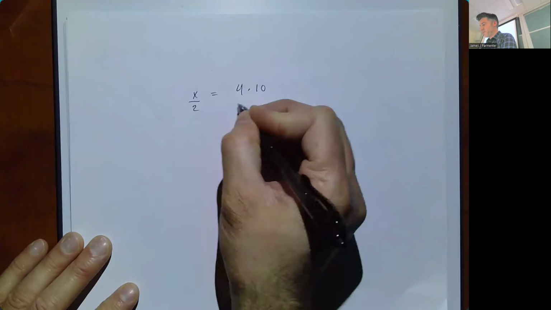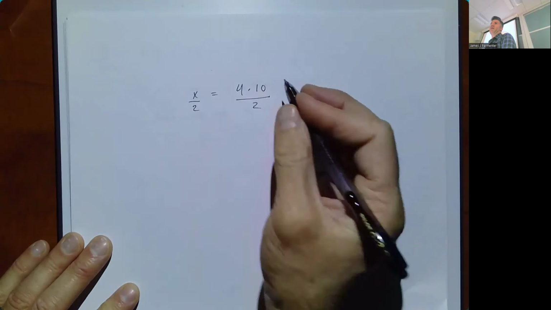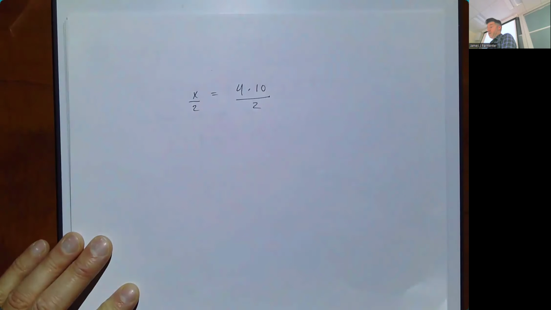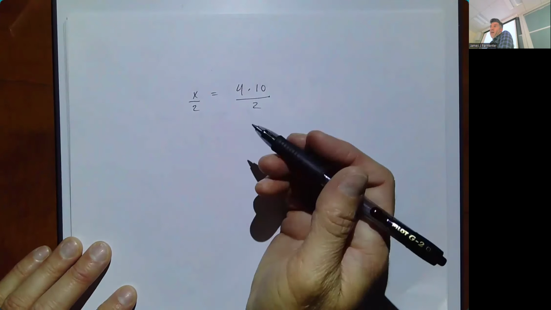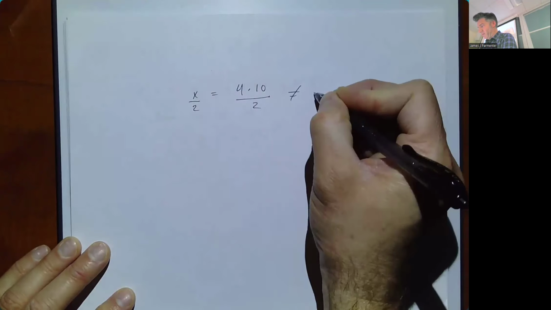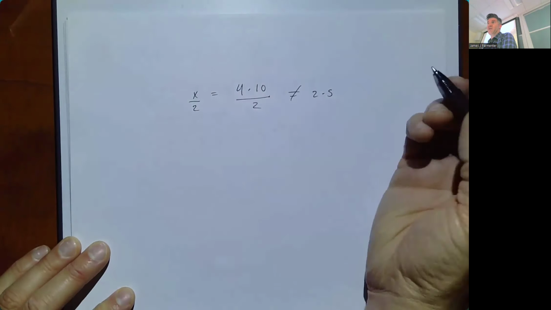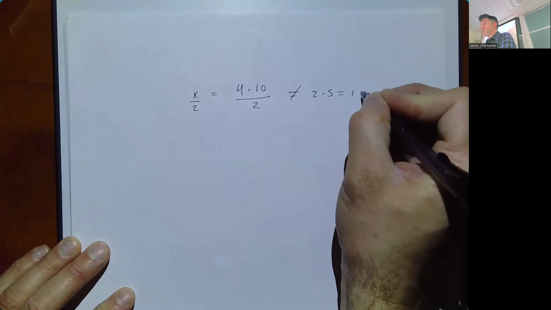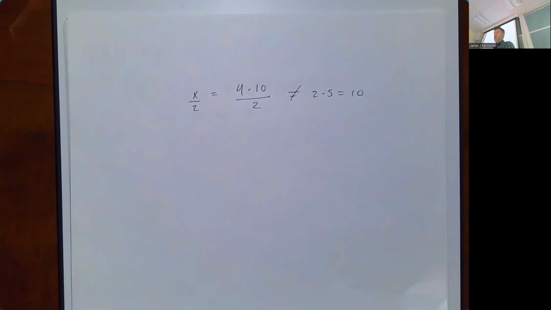If I divide both sides by 2, I don't divide each part by 2, right? Because 4 times 10 is 40, and 40 divided by 2 is 20. But if I divide each thing by 2, I would have 2 times 5, which isn't 20. That's 10. So when you divide a product by a number, you pick which factor you're going to divide by